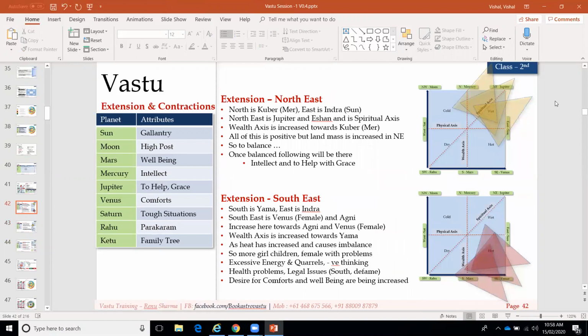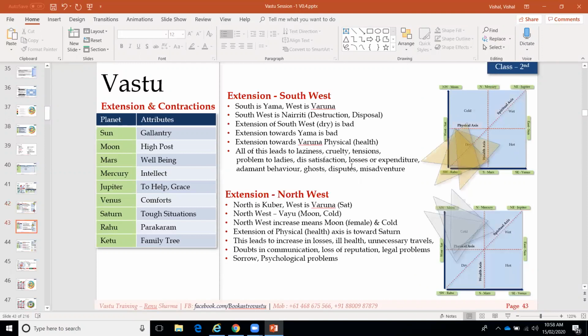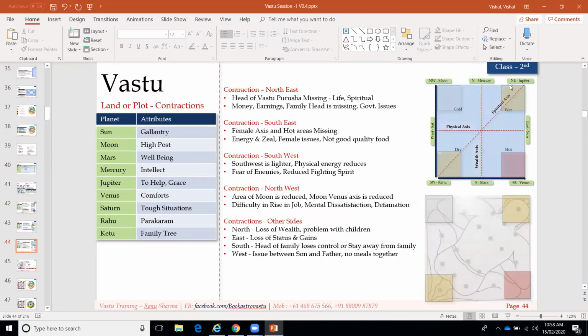Okay. So we didn't cover northeast. I want you guys to go through this and then ask the question next time. I've already covered these two. And when it comes to contraction, what I'm trying to say is that this part is missing, for example. If northeast is missing,